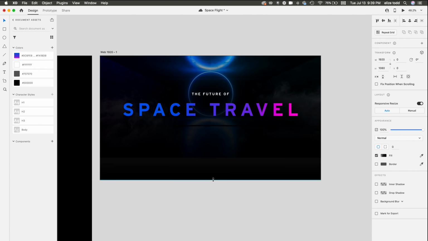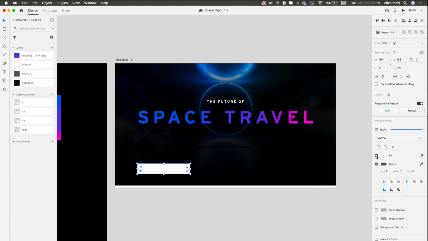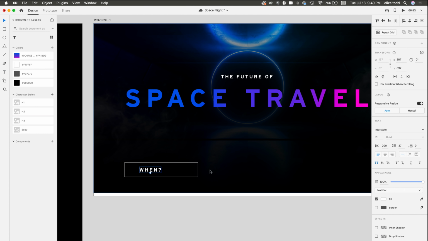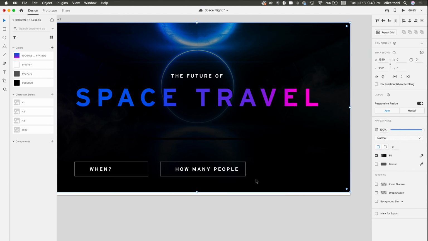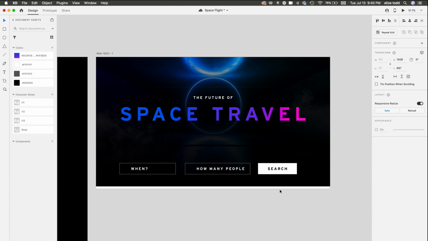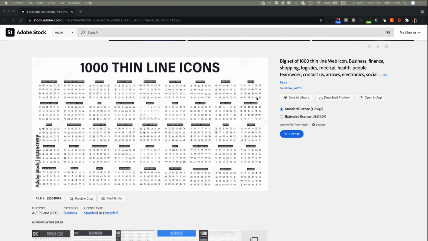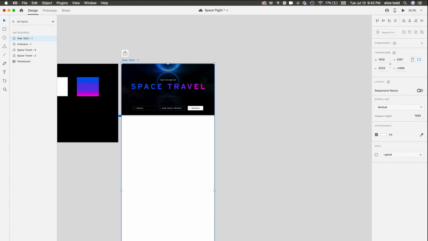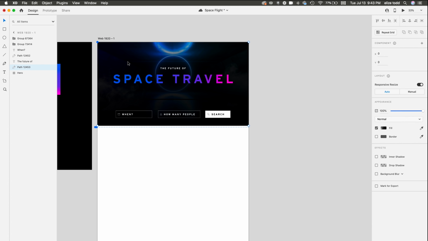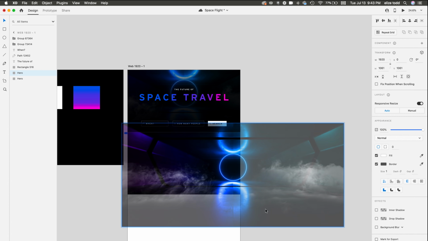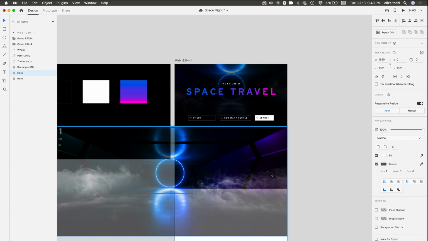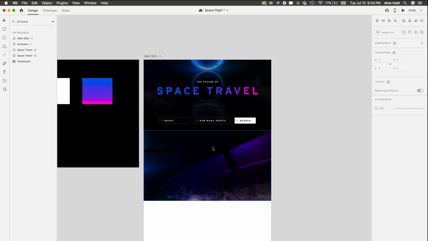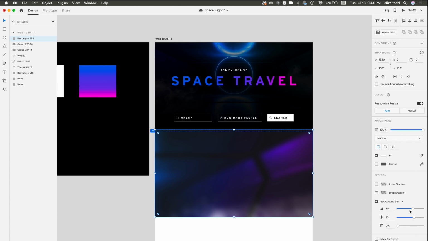Now I want the user to easily find trip options. So I'm adding a date picker, passenger selector, and search button higher up on the page. I found this clean and minimalist icon set on Adobe Stock that I'm gonna add to these forms. For the background of this page, I'm going for a look that feels like you're in a spaceship, but not too on the nose. I'm using the lights section of the hero image, but adding a blur background layer for